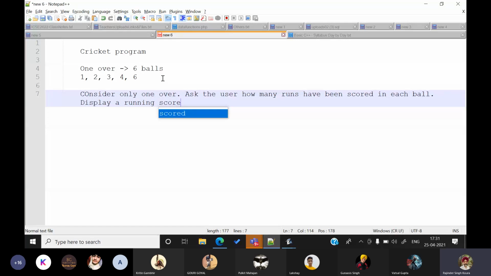Display a running score. What is a running score, by the way? The sum of all 6 balls. No, running score. That is the total of the entire over. The running score is basically what runs side by side while the balls are being bowled. Isn't it? I feel it that way. So running score, and after the